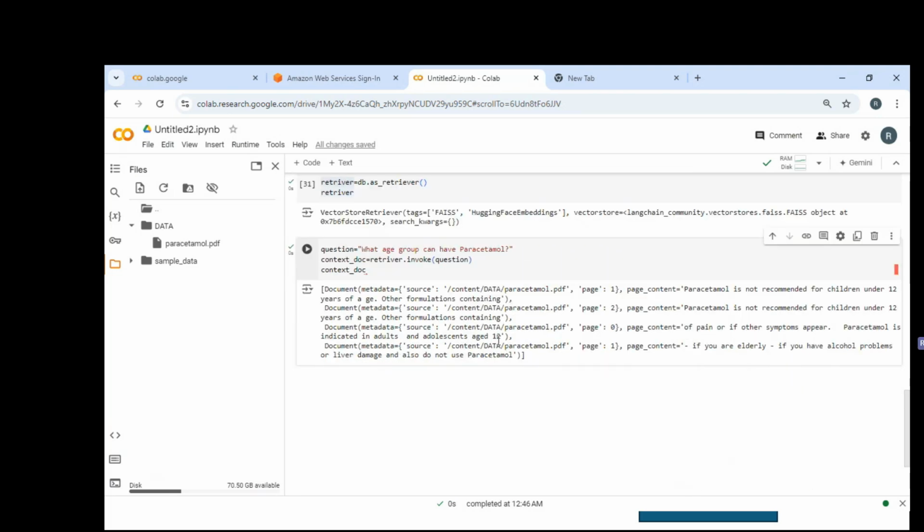Remember when we first saw it, after we split it up? Same thing, but now it has information or context related to only paracetamol. See, paracetamol is not recommended for children. My question is what age group, right? So it found relevant information for me. It created a context. Now from this context, I'll pass the question and the context together to the LLM, and it will give me a